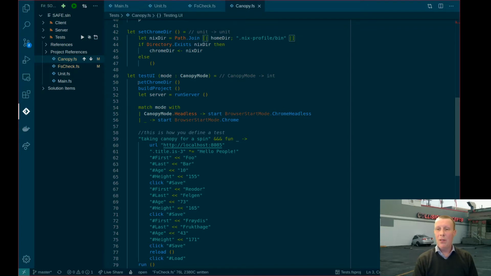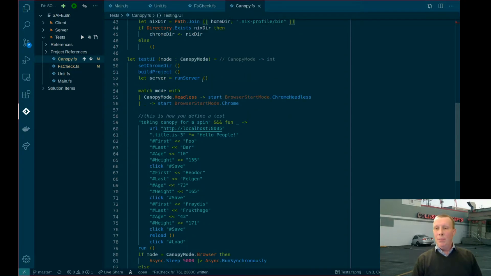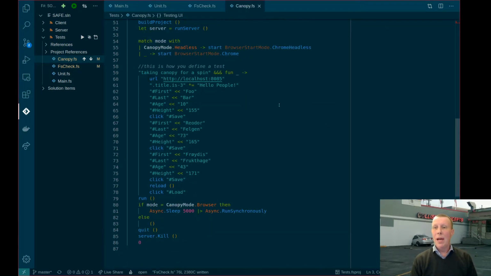So first of all, I set the cron dir, then I build the project, then I run the server, and this is the process handle I get from run server. So now the server is running. Then I tell Canopy to start Chrome in browser mode or in headless mode, and then we get to the actual test,